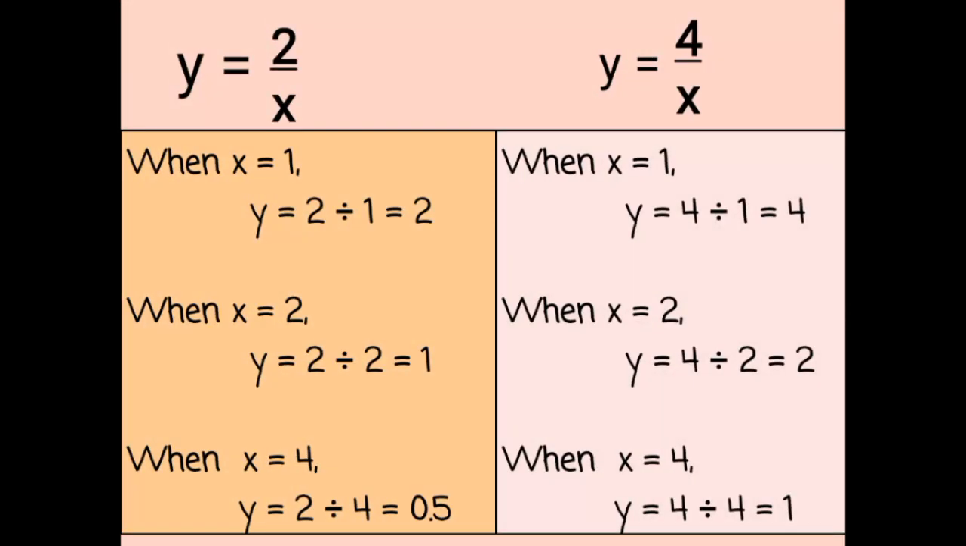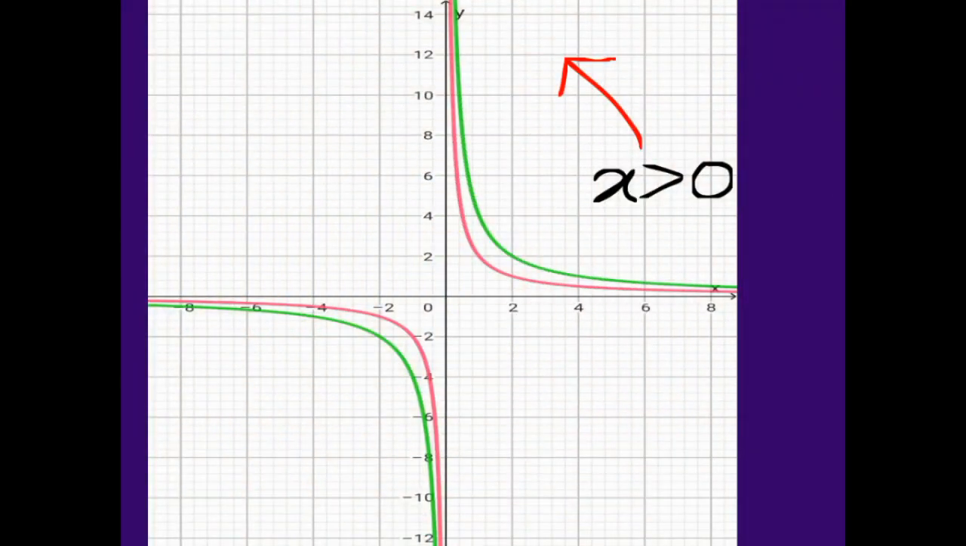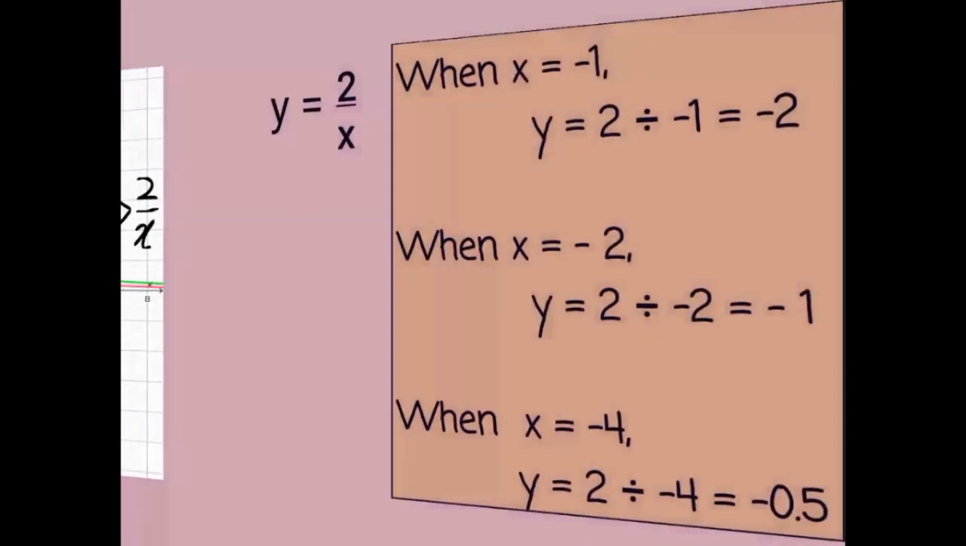So, you can see for any positive value of x, the y values for the graph y equals 4 over x are greater than those of y equals 2 over x. So, in this quadrant where x is greater than 0, for any values of x, 4 over x is greater than 2 over x. Now, if we were to check negative values of x, for the graph y equals 2 over x,